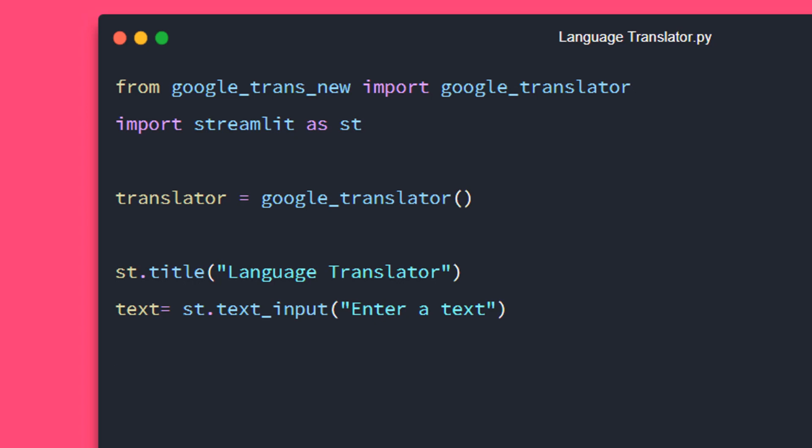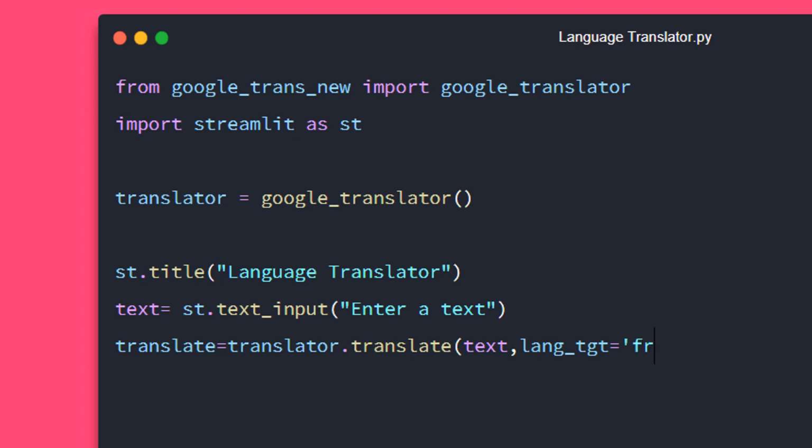Now it's time to translate the given text. So I will use the translate function. Let's create a variable first where we want to store that output. The first argument is the text. So here we have the text variable we created right there. Let me pass in the variable text. The second argument is the target language. For this example, we will be using French as the target. So let me write lang_tgt. For French, you can just write fr, and let's end it there. For other languages, you can just use their short codes right here.